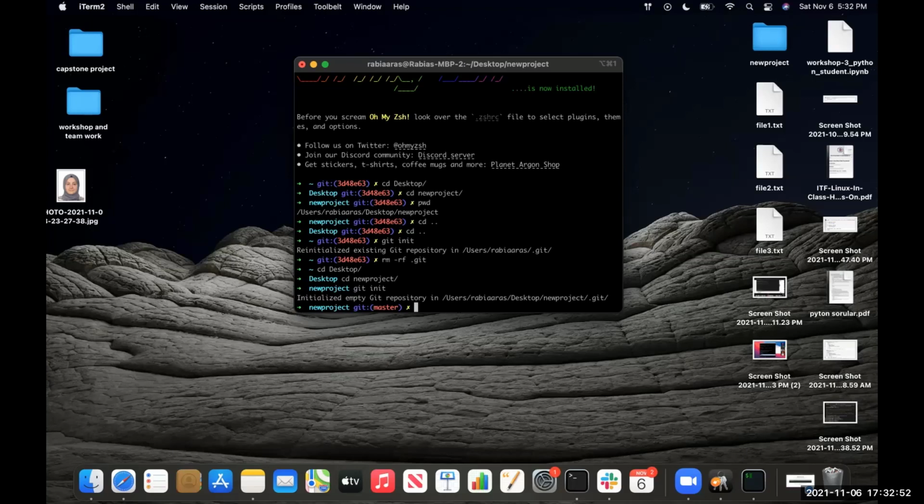The first time, when you had the Git just beside the home folder, which means you initialized the home folder, which means everything in your computer is a repo now. Whenever you make a change, it just belongs to your home folder, not the new project. But this time, new project is your repo. Oh, okay. That is the main problem.